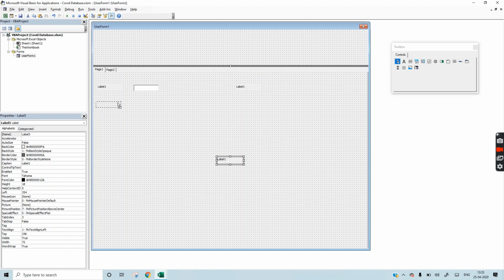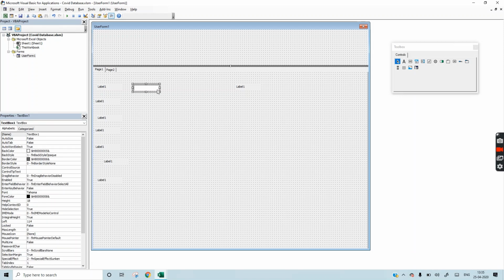We will need different headings, so according to your headings, create these labels. Similarly, copy and paste this text box.